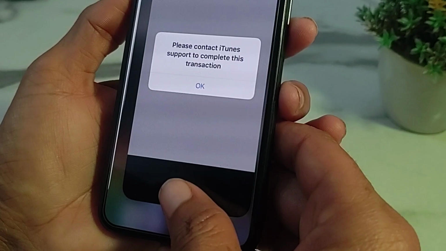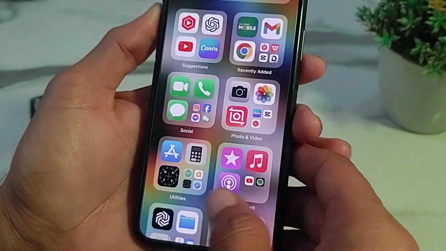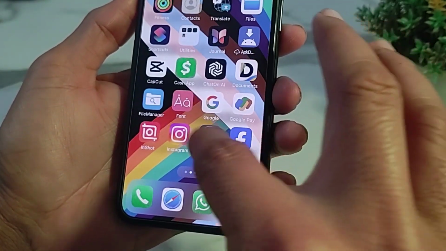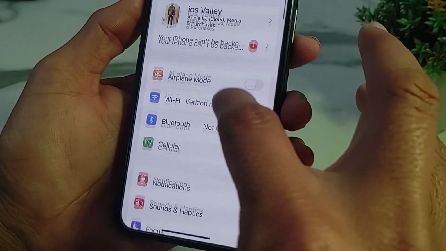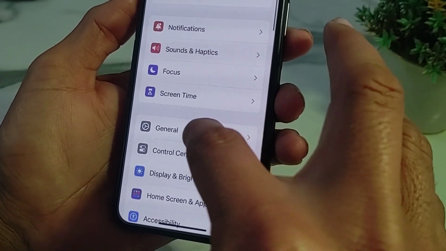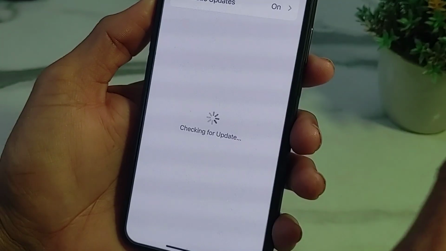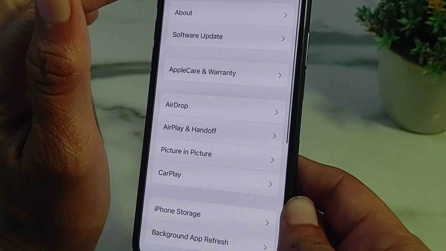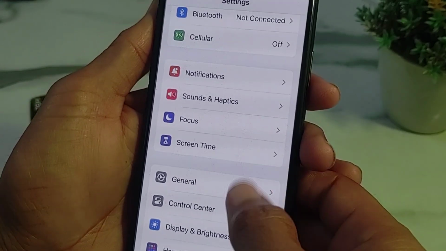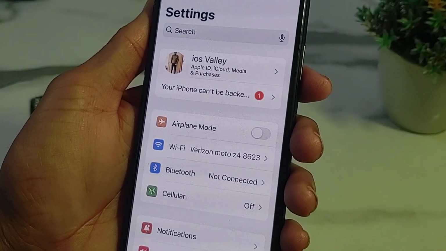First of all, you need to close this tab. After that, you will need to open Settings on your iPhone or iPad device. Then scroll down, tap on General, then tap on Software Update, and first of all make sure that you are using an updated version of iOS. If you don't have an updated version of iOS, then you will have to update your device to the latest